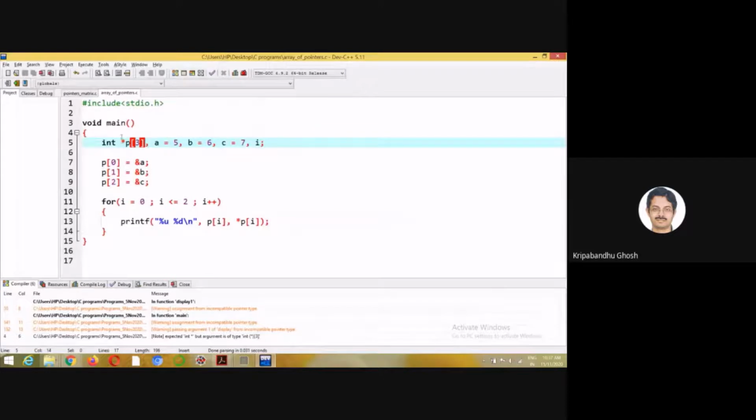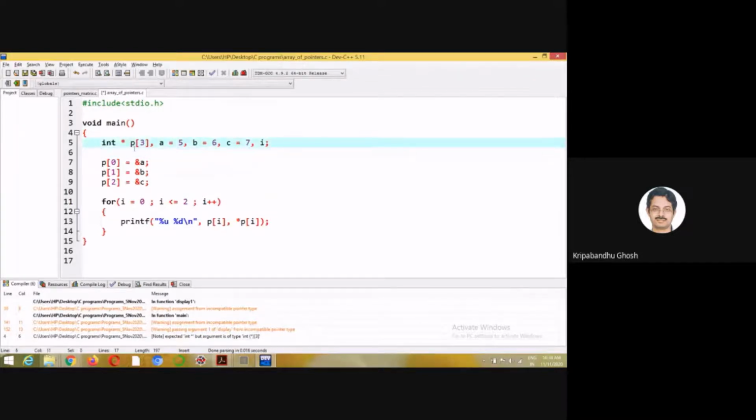It is an array. If I did not put this, it is an array of 3 integers, right? If I put this, it basically means int star is a data type, and p3 means it is an array of 3 int star type variables.